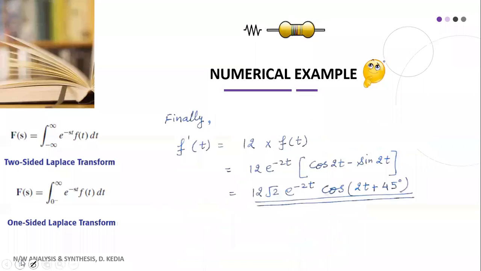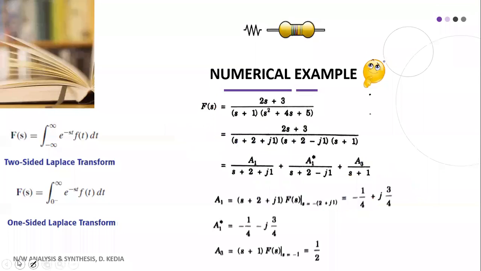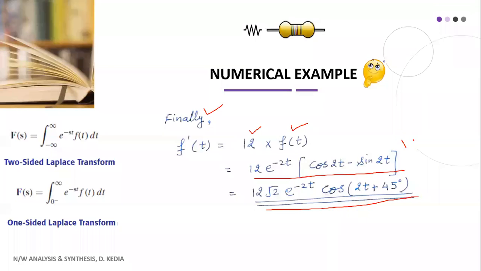Okay. So this was with regard to your complex root calculation in case of your partial fraction method. So we have made it like this. Then this is the compact representation. And I have already told you the method that we used to solve or obtain this compact expression. Okay. So with this, the numerical is over. So hurriedly, I will take one more numerical related to this complex root calculation, just to give you an idea. And then we will move to our next topic.